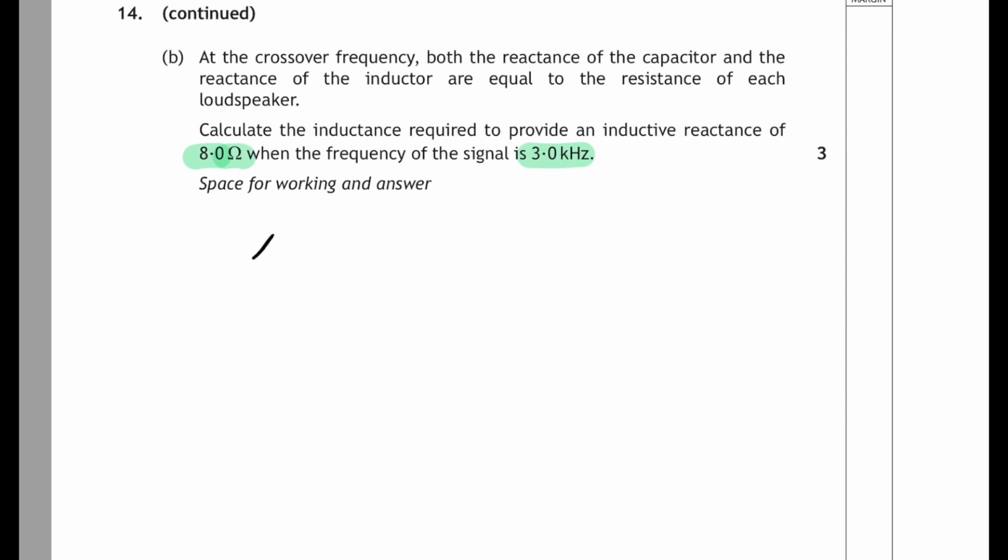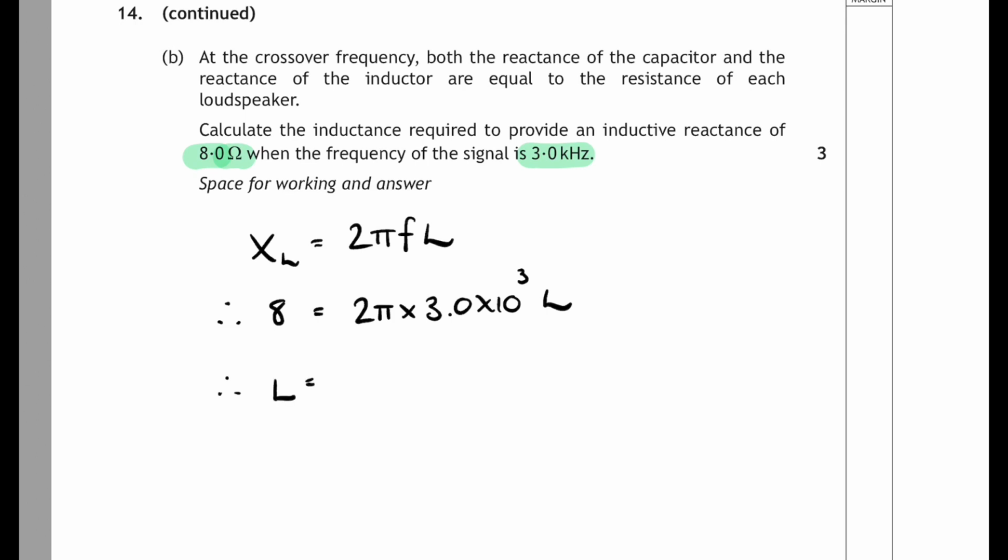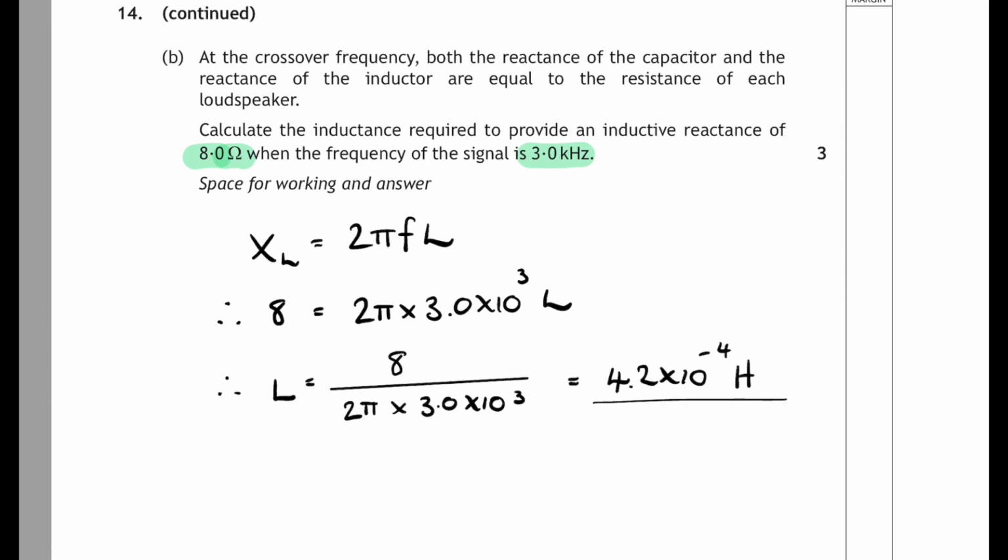3 kHz. So let's put down a relationship for inductive reactance, that's XL equals 2 pi FL. So the reactance is 8 ohms, and that'll be 2 pi times the frequency, which is 3 times 10 to the 3 hertz, times L, and then we're just rearranging to find L. So L will be equal to 8 divided by 2 pi times 3 times 10 to the 3, and if you do that in the calculator, you'll get an answer of 4.2 times 10 to the minus 4 henries, or